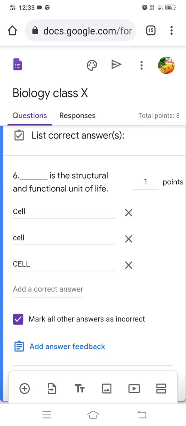After writing all the possible answers, the first answer we have written with a capital first letter, the second answer in all small letters, and the third in all capital letters, so that in rare cases if the children make a grammatical mistake or anything as such, it should also be considered. In case you feel like it, you can take up these options. Otherwise,